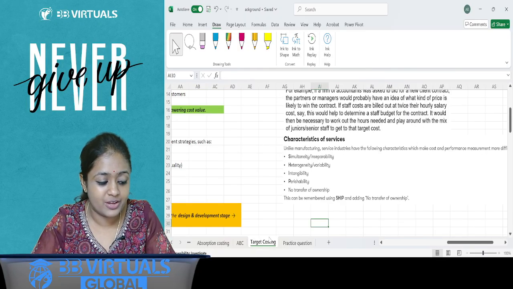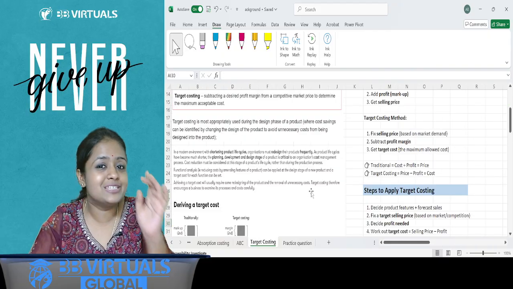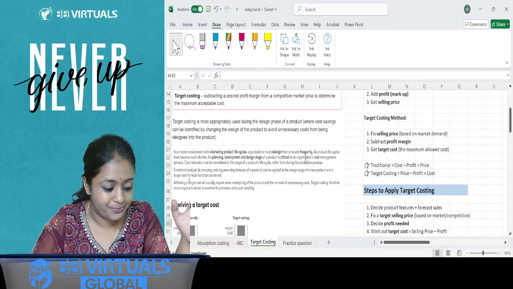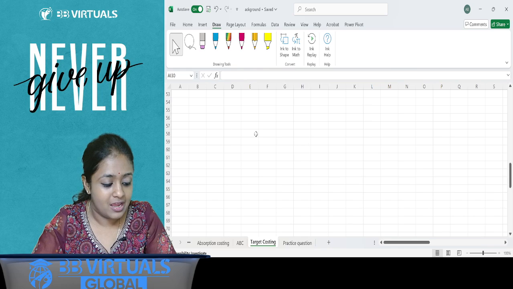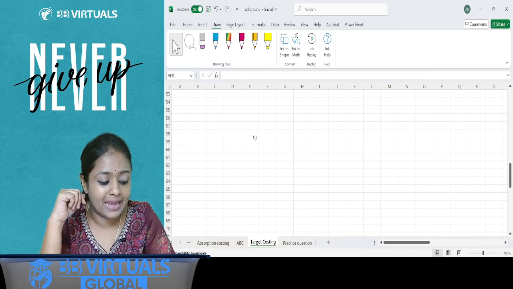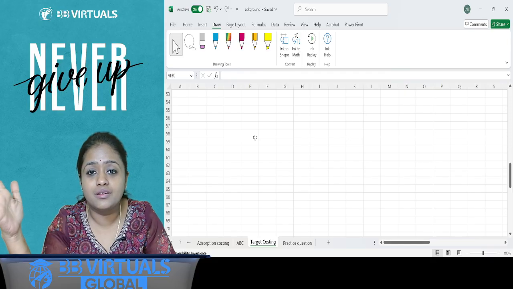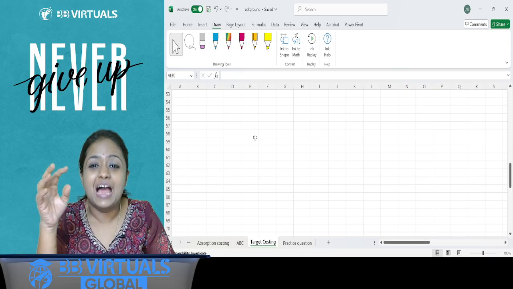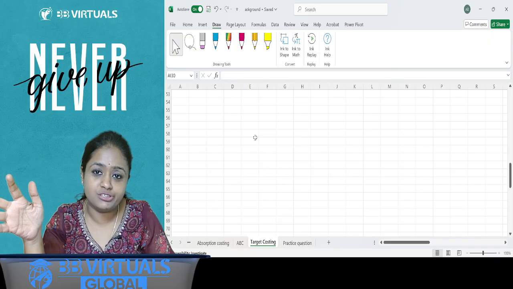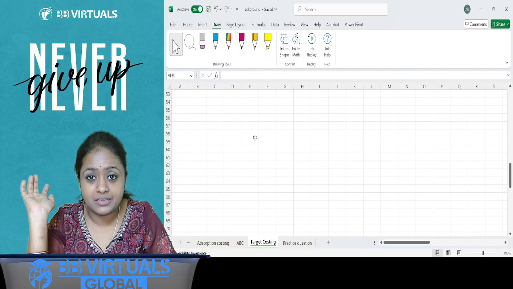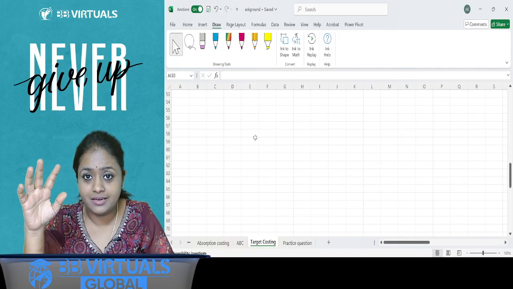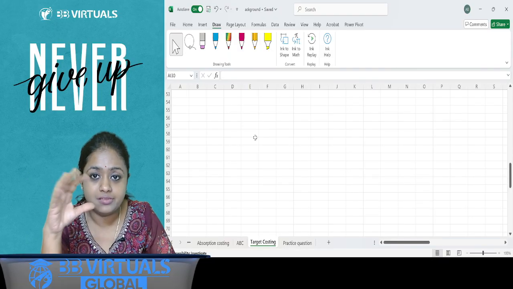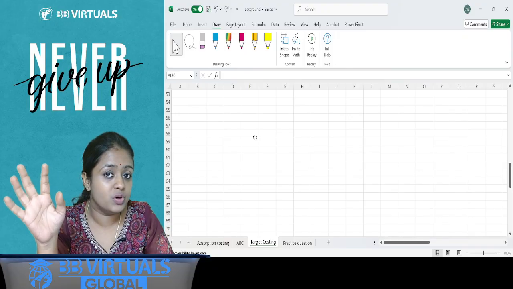Absolutely stunning. Very good. Okay, now let's move on to the last topic for today, which is, my friends, target costing. Before we start with this topic, I think I need to give you a background. Friends, I'm planning to start my own, not classes, my own grocery shop in the market here, which has already 15 more grocery shops in place, right? Because I want to start and I really want to earn profits,